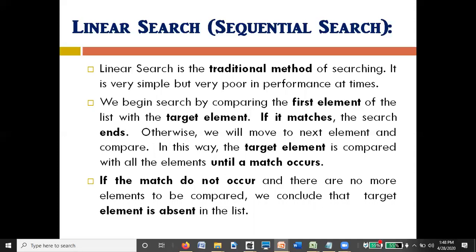If both match, we return the position. If not, we return the unsuccessful search value, that is -1. That is, if that element is absent, we return -1. Otherwise, we return the actual position of the particular element.